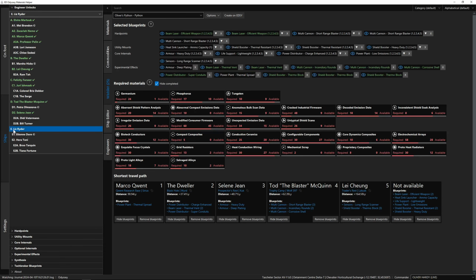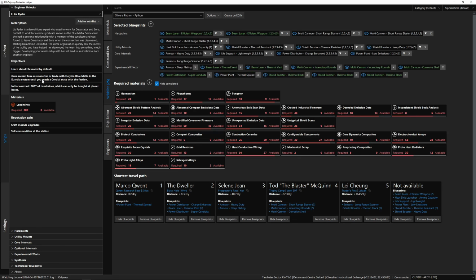Right, so Liz Ryder wants take missions or trade from you. That's great. That's awesome for what this Python's going to be. Initial contract 200 tons, which is what the Python's going to end up being able to hold, 200 tons of cargo. Landmines, which can only be bought at planet bases. Okay, so we can definitely do Liz Ryder, but then she does what